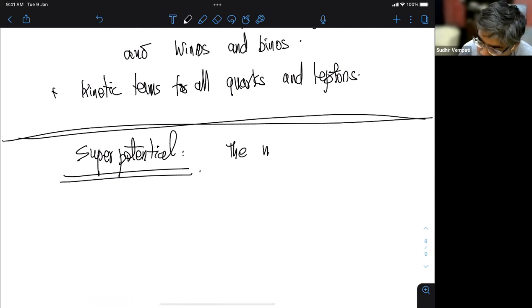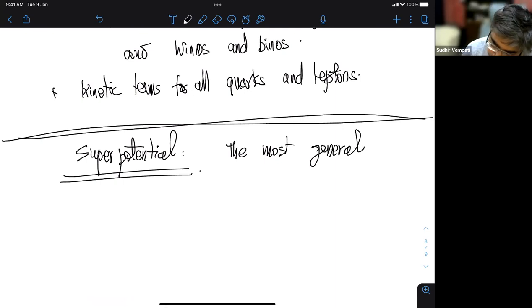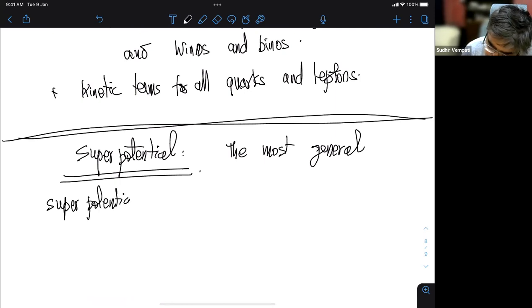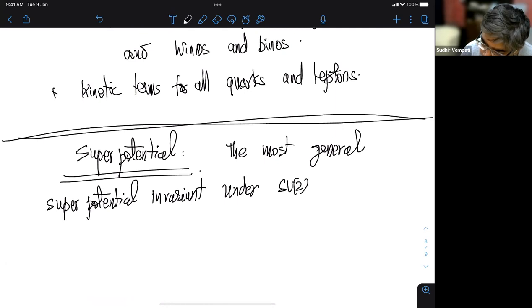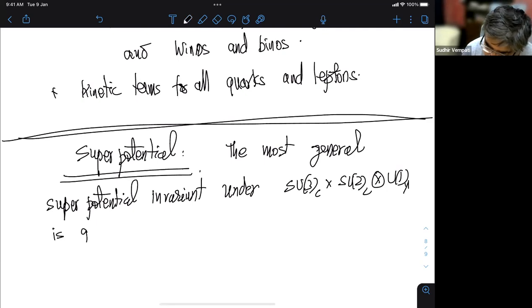The most general superpotential invariant under SU(3) times SU(2) times U(1) is given by